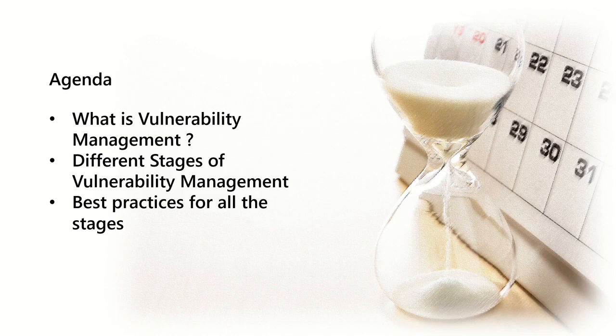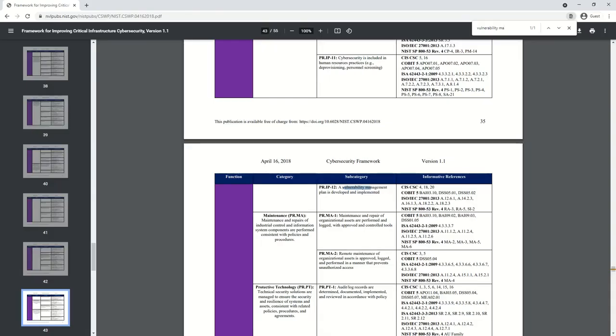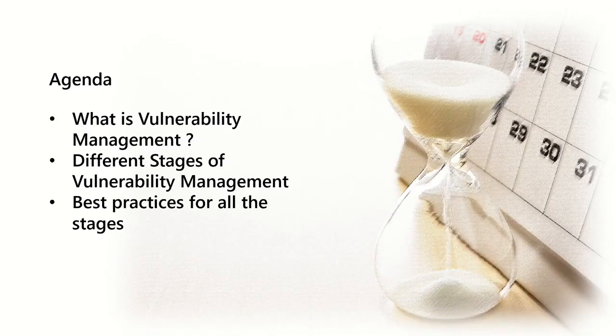Okay, now one more thing which I would like to suggest to you all: open a browser and just type NIST cybersecurity framework and you will be routed to this particular document. It's the basic one. It's just listing down the capabilities which should exist for each category. If you go to the protect section where I am right now, you can see vulnerability management is mentioned over here. So that's the reason why it is very important for you to understand what exactly vulnerability